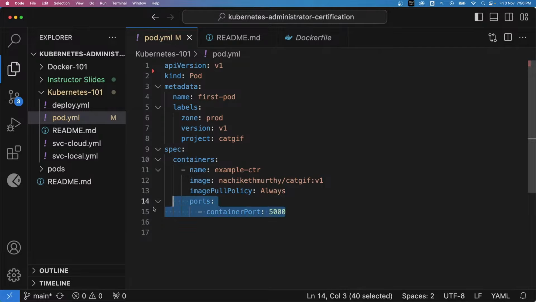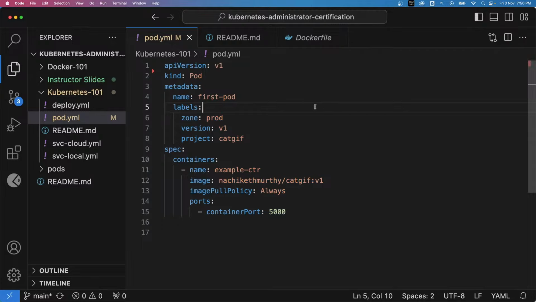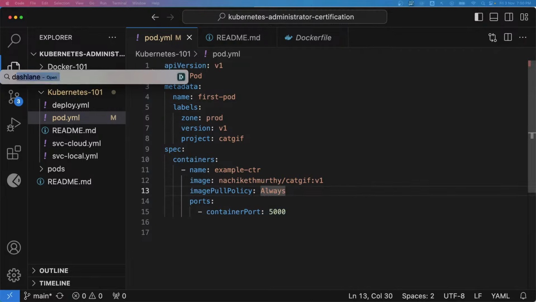And I'm exposing port 5000, which is exposed by my application. So that's what the Kubernetes pod file would look like. We also call it a kube config file. All right, team, now let me show you a demonstration of how I can actually create